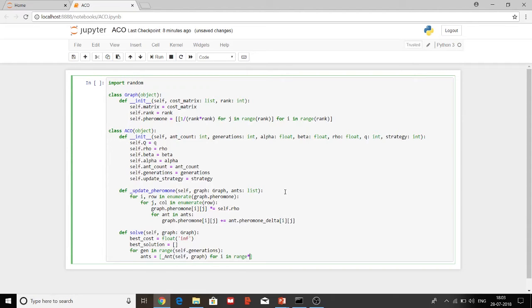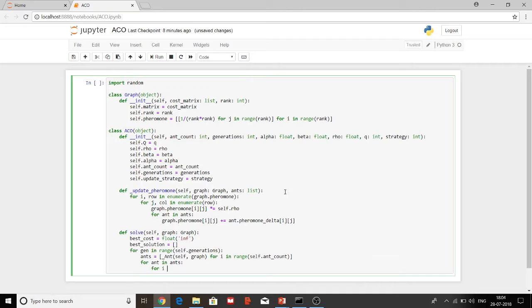For ant in ants, after this type: for ant in ants, for i in range(graph.rank - 1): ant._select_next()